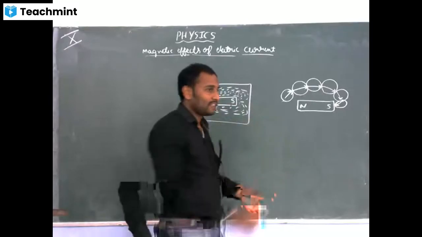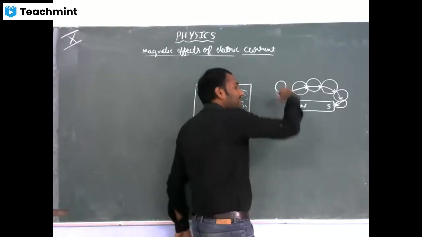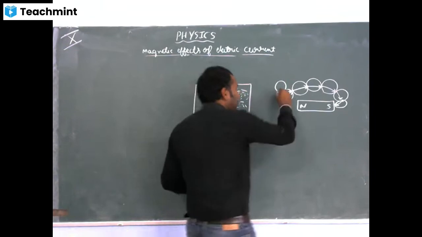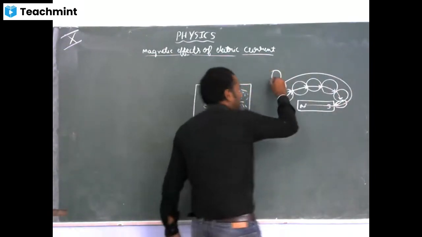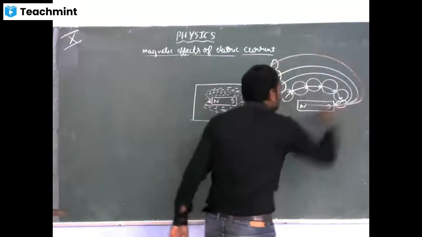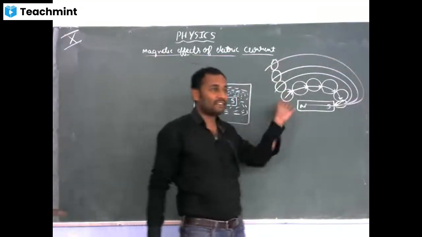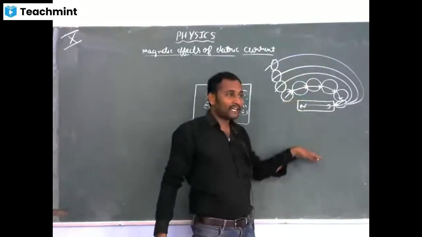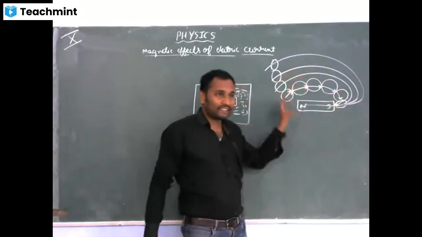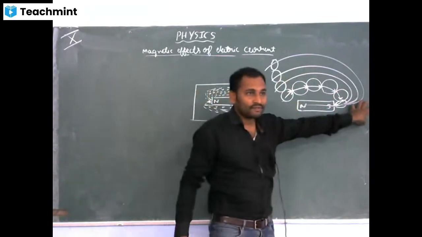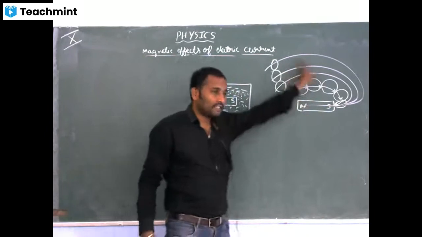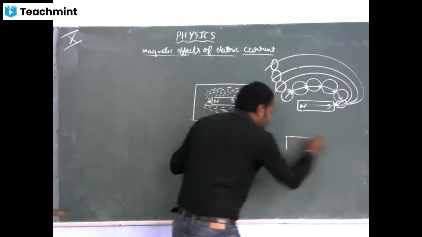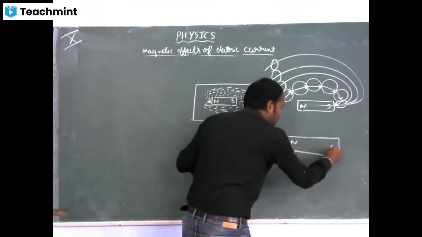So what I will do further is place the compass needle further above this. Again I will get one more line like this. Again after that. So I will be getting magnetic field lines above the bar magnet. Below the bar magnet also I will do the same thing. I will place the compass at every point around the bar magnet. After this, the final result will be: I'll remove the bar magnet.